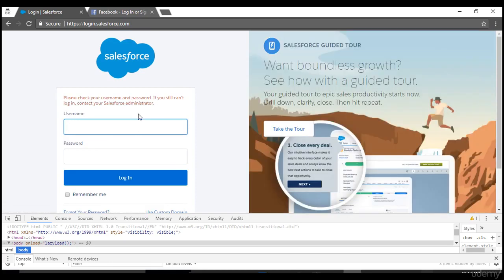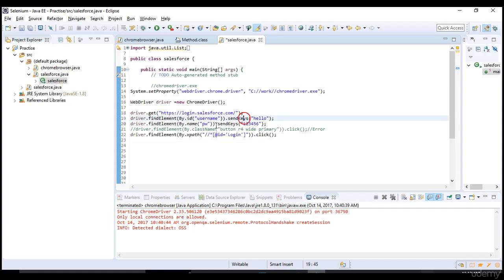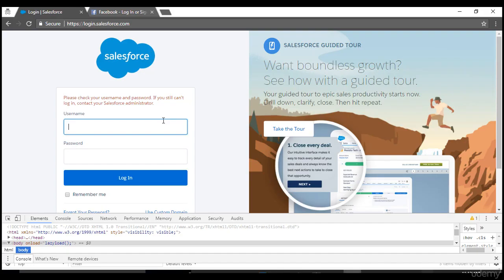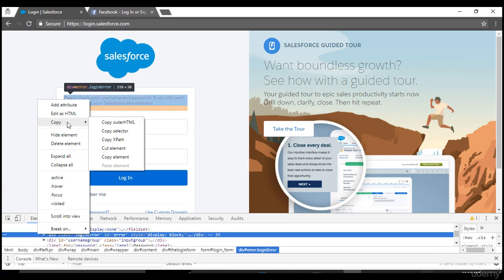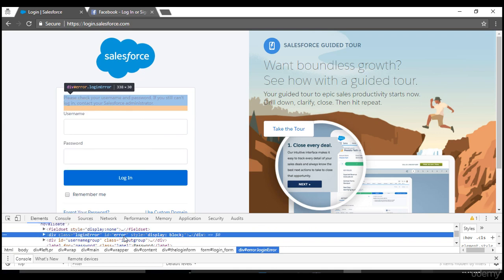Yeah. So right now we are entering username, we are entering password and clicking on login button, and then this error message is displayed. Now I want this error message to be printed in my console just to validate if this is displaying or not. Okay, so in that case, let's take a locator of this. So this is right click. I can take ID, it is there. You can use driver.findElement(By.id), or you can use the CSS as well.